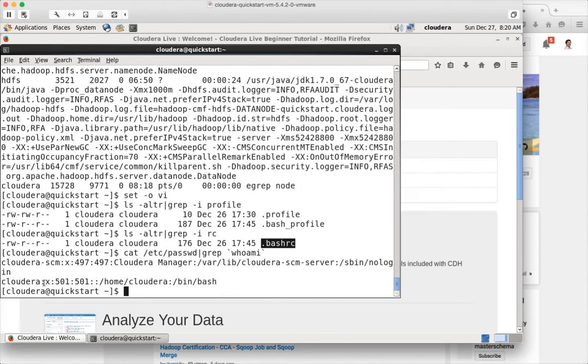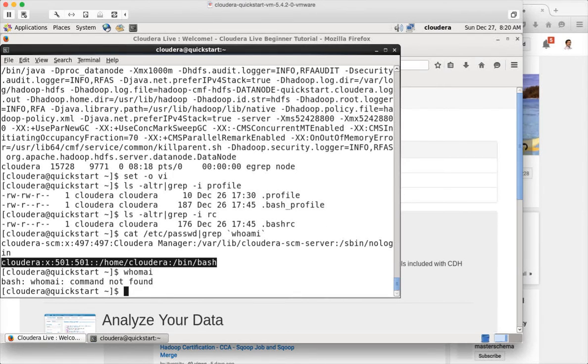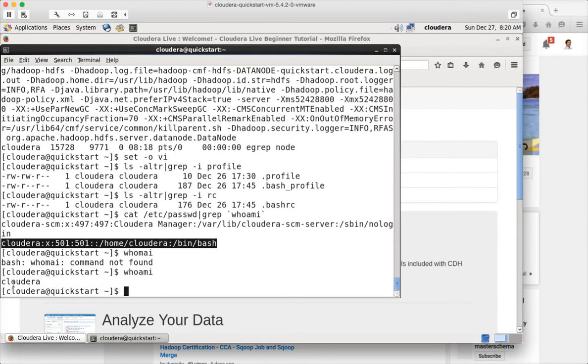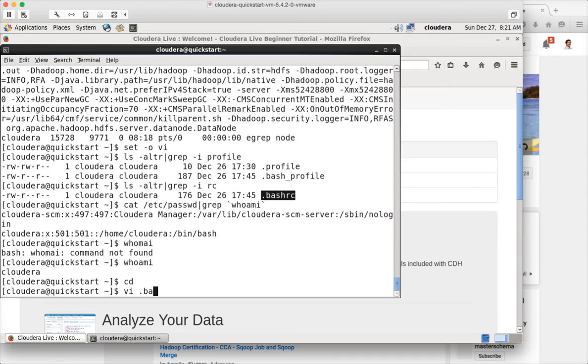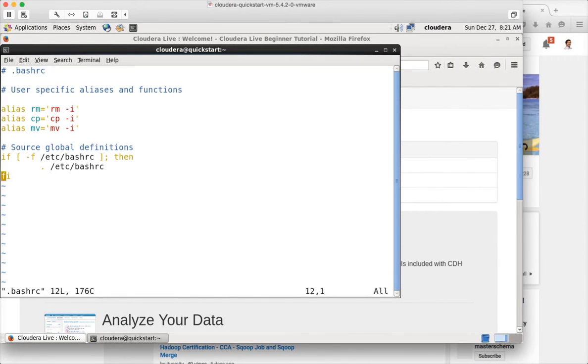You can see there is a user called cloudera, which is the one we have used, or you can also run the whoami command to get the current user. So it is cloudera, and you can see that by default the shell for this user is bash. So for that you have to modify the .bashrc file. Go to .bashrc, which will be in your home directory. You need to make sure that you are in the home directory. For that you can just type vi .bashrc, and here you can say set -o vi,